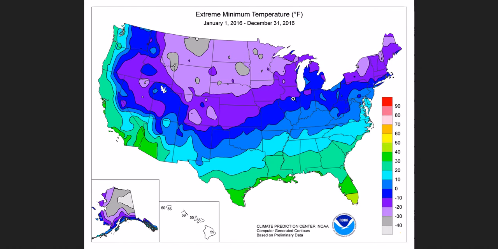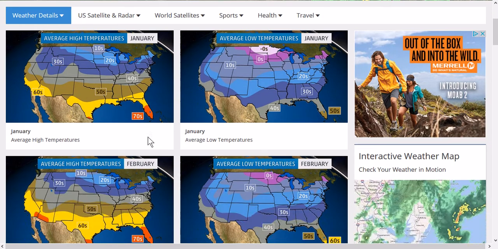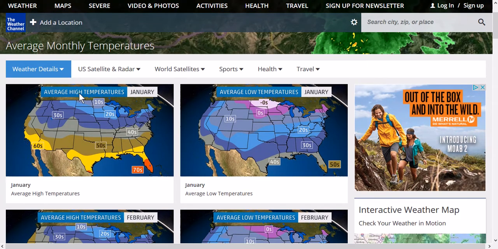But we can see, once again, these latitudinal effects, but it also follows the coastline. Way down here is the Gulf of Mexico, but we still see a very similar pattern. Deeper within the continent, there are larger changes in the temperature. We can further showcase this with this weather.com map, which shows average high and low temperatures for January,